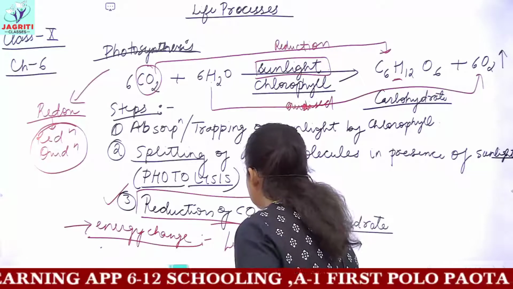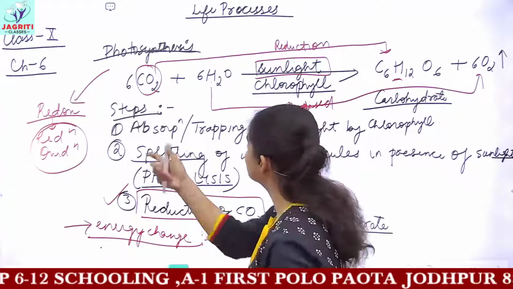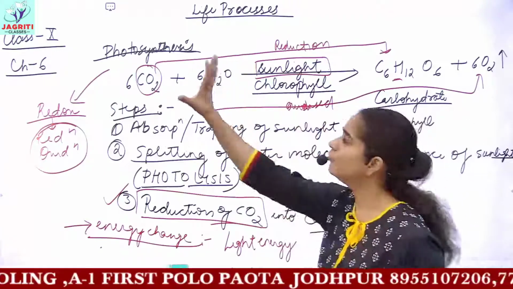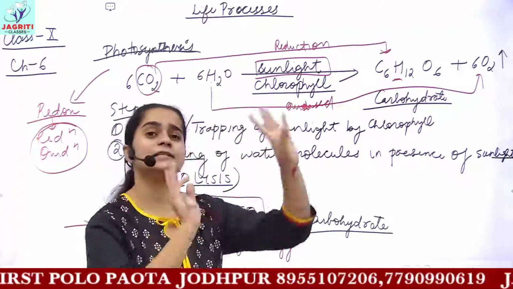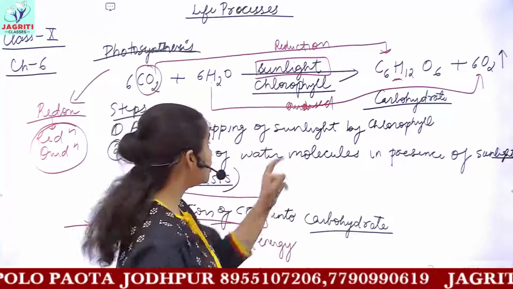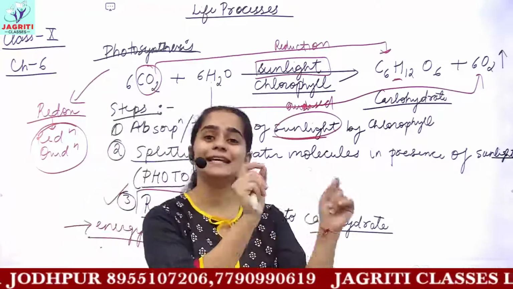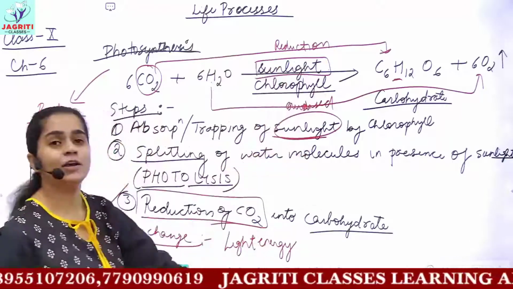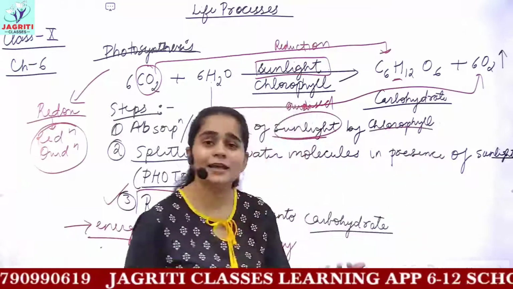We say that this light energy, because you know the first step of photosynthesis is absorption of light. If light would not be there, no photosynthesis can occur. Okay, so this is the reason why photosynthesis occurs only in daytime, because the first step involves the absorption of light, and if you do not have any kind of light source, no photosynthesis will occur, because no sunlight or no light would be present and nothing can be absorbed by chlorophyll.